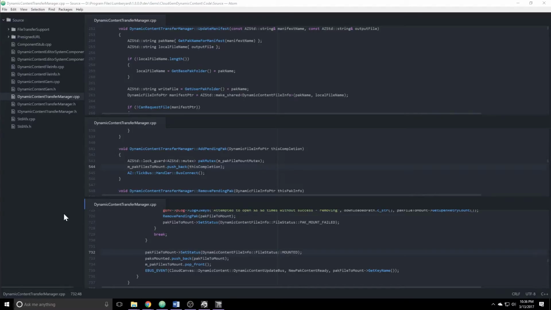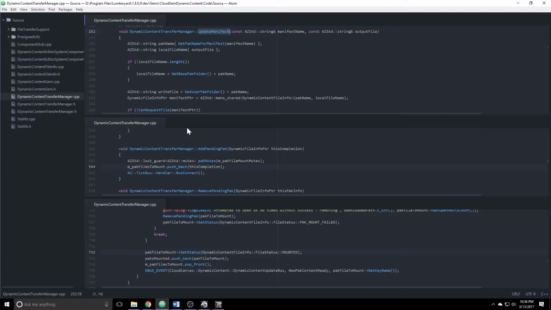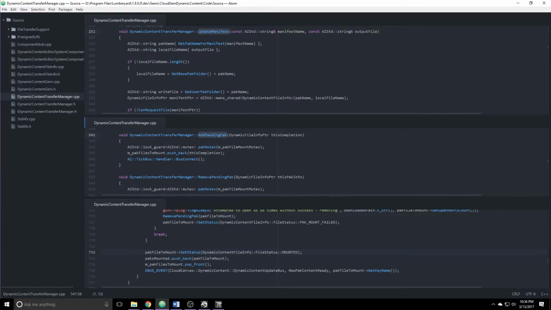I don't want to go too far into the weeds here, but I'm in dev gems cloud gem dynamic content code source, and I've got the dynamic content transfer manager file open. So that request manifest ends up making a call to update the manifest on line 252. If there is a new manifest file indicating that there's new content, it will add the pending pack to the download list. It'll end up getting downloaded, and then eventually we'll fire this eBus event that says new